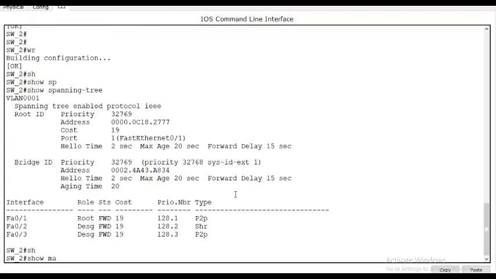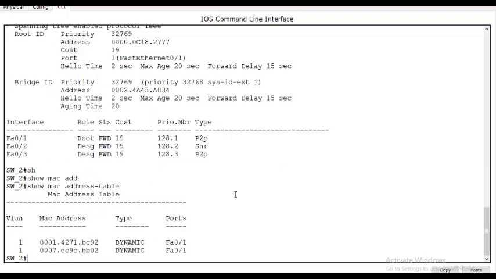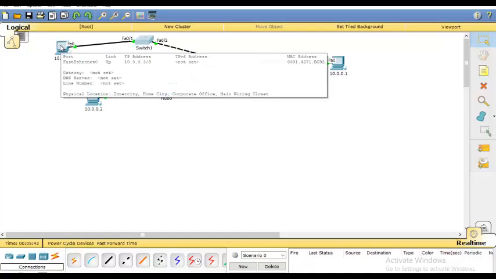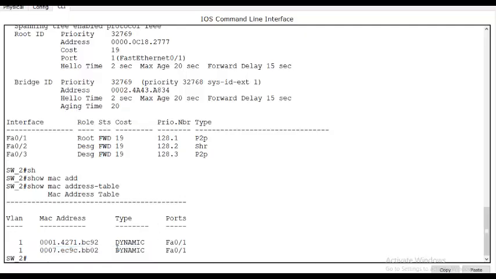Show mac address table. I see already there are two MAC addresses. There are already two MAC addresses on the same port. This F01 is connecting to only one switch. Then how two MAC addresses? One is the MAC address of this switch, the other one is the MAC address of this PC. You see,